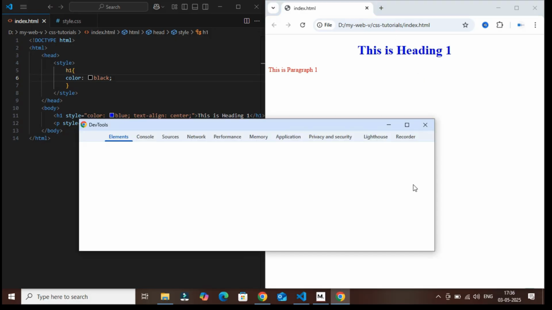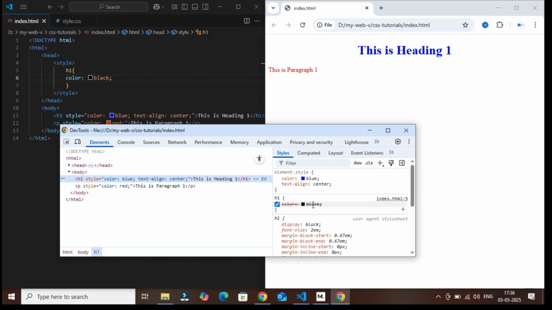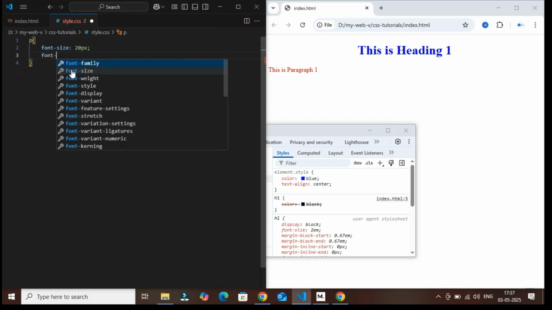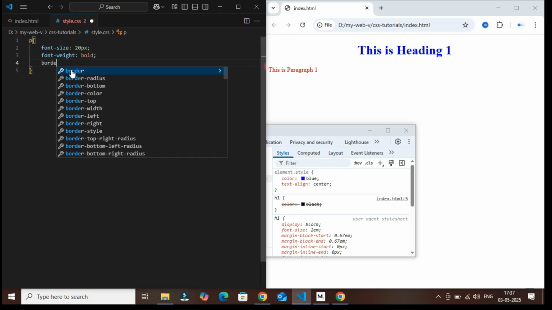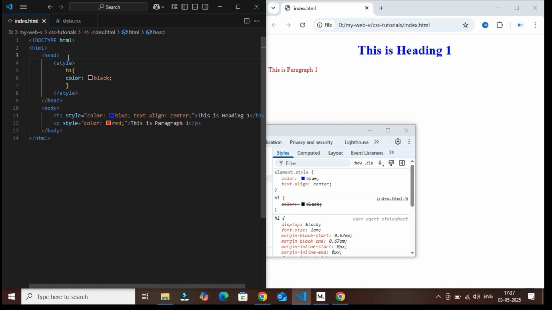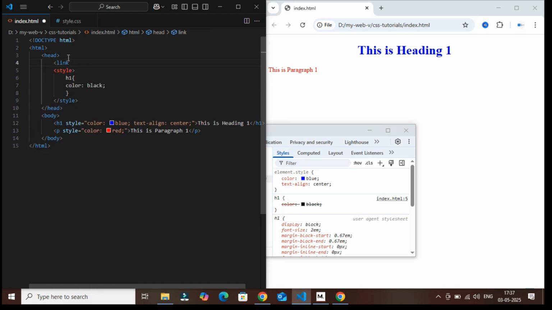You can also check through the inspect tool by inspecting your element. There you can see that element styles will appear on the top, whereas heading tag properties will not apply, as you can see clearly in the inspect tool. Next, we'll write some CSS properties in our external style sheet. I have written some properties to paragraph tag as font size 20 pixels, font weight bold, and some border properties. After that, we need to include that style sheet in the index page by using a link tag.